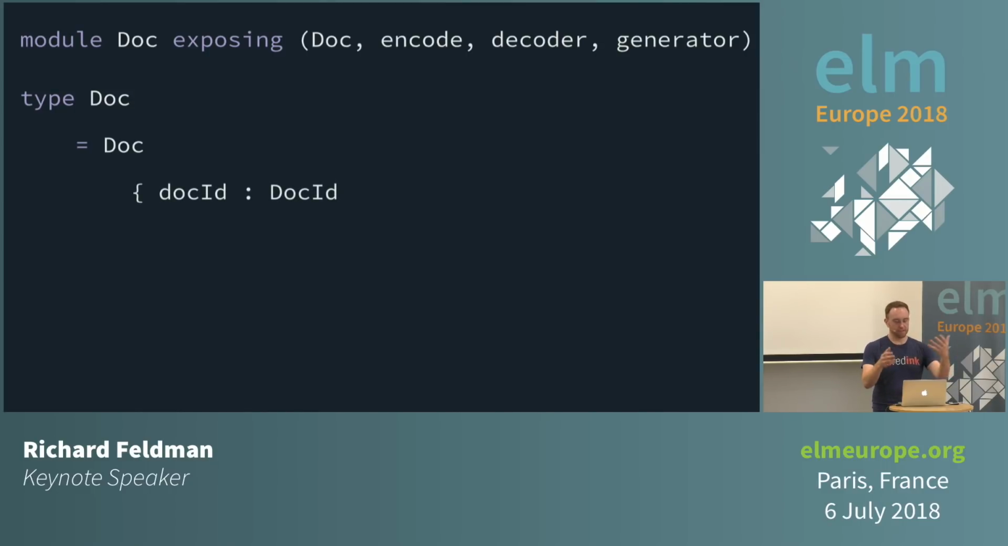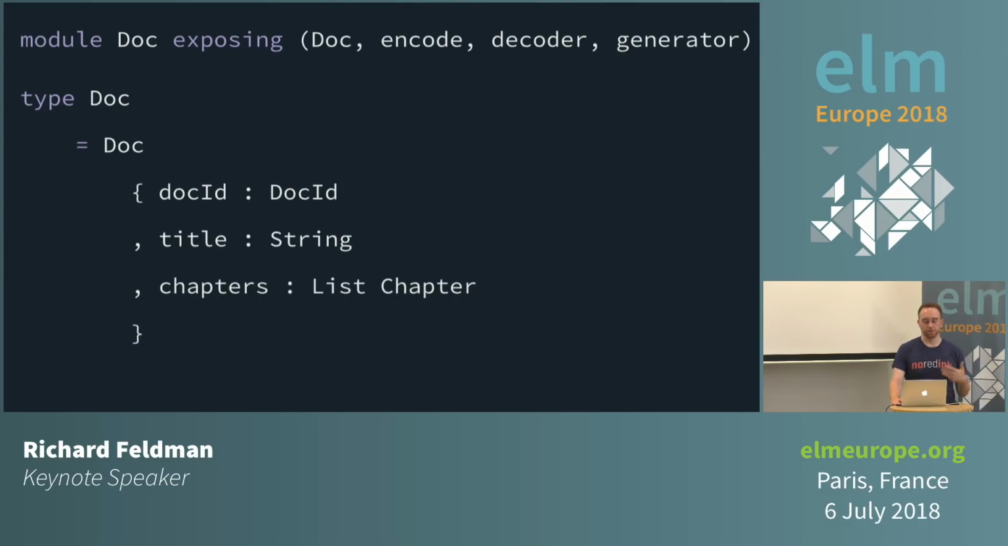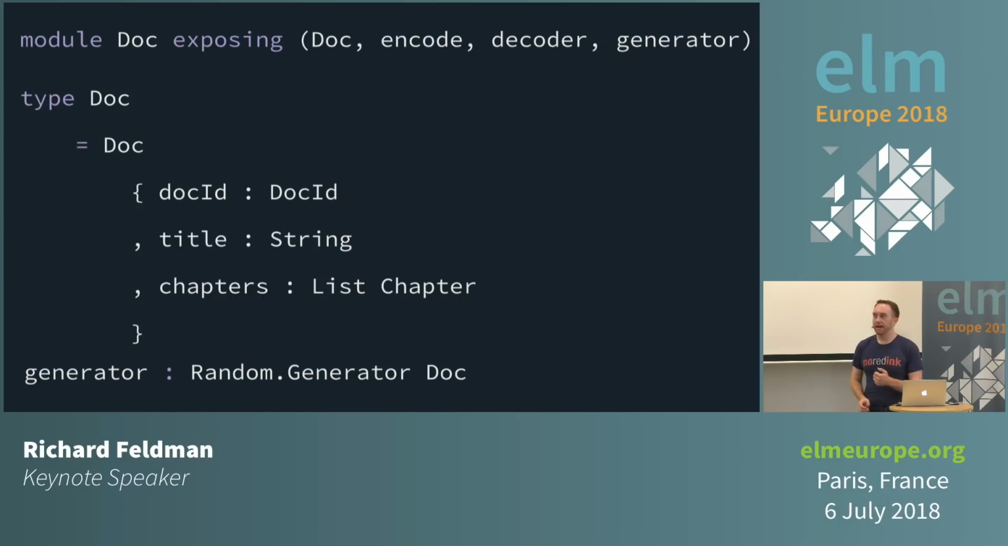So I'll have it be single constructor. I'll have a record of the different things going on here: doc ID, title, chapters, same kind of stuff that I had before. Now, if I've got that and I've got my generator, there's a little bit of a trouble here that I